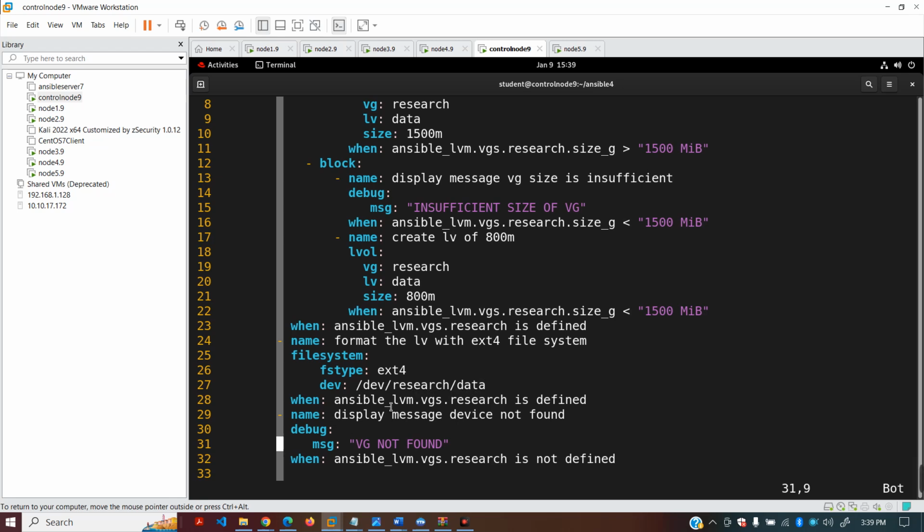Okay, so when ansible_lvm.vgs.research is defined, you have to put this here. Then the second one is display message device not found. If the device is not there, then this message should display. And when ansible_lvm.vgs.research is not found, guys,